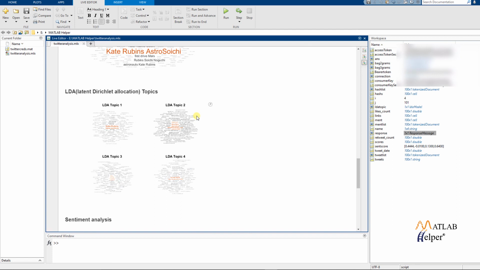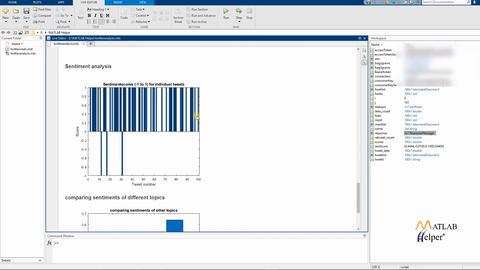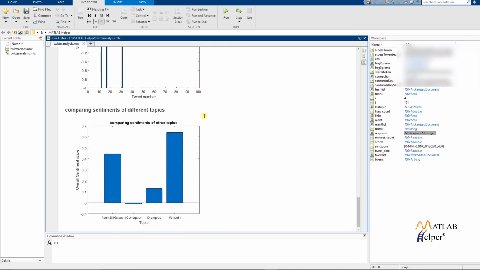Also, we have determined many topics from each of the documents in the text. I also performed sentiment analysis and provided scores to the average sentiment of all the tweets in the document. We can also compare the sentiments of different topics as we have done. A similar analysis can be performed on other data as well.